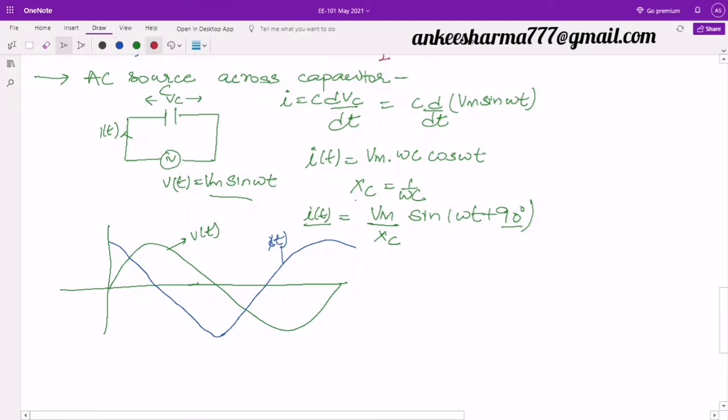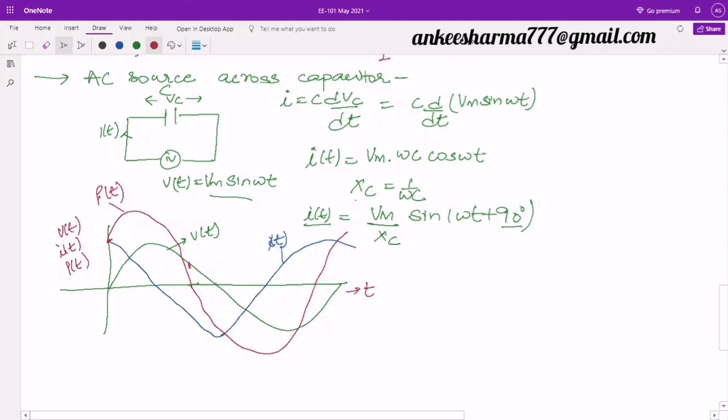So again I have to think on it. These two are positive, so it will start from here. For example, I will take this value. Here it will be positive, and where this is becoming zero, it will become negative. I will assume it will be positive up to here, so it will be positive over here, then it is going negative, then it will come positive, and like this. So this will be my P of t. Vt, It and Pt, these are the three waveforms I have drawn with respect to time.